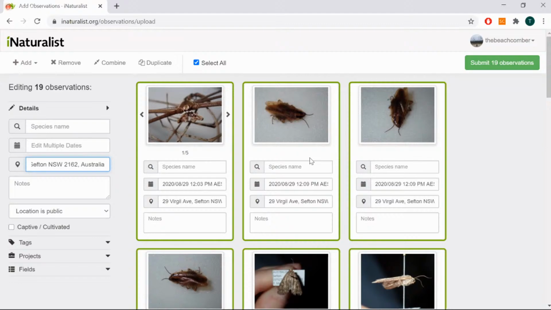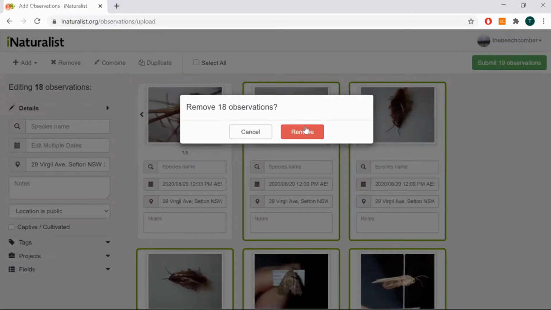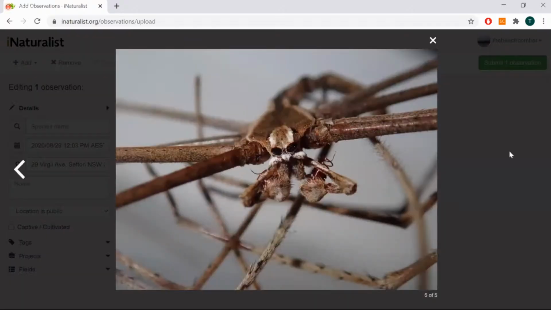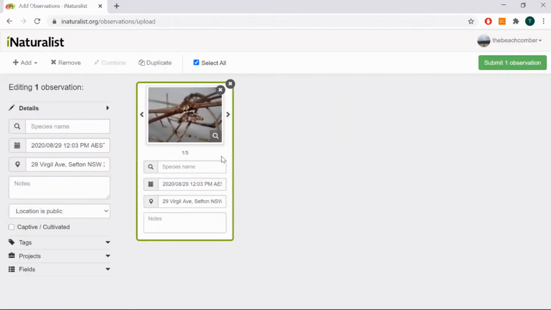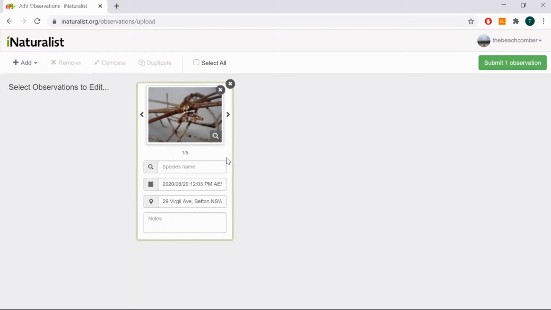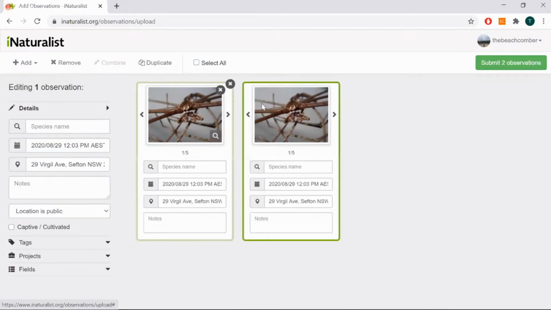You can do it all at once. Another really useful thing is, let's pretend that this photo of the spider had a little mite on the photo as well, and I wanted to have two observations, one for the spider and one for the mite. Instead of going back to my computer and adding photos and doing the whole process again, I can just click on the observation, press duplicate, and it creates an exact copy with all of the exact details as the first